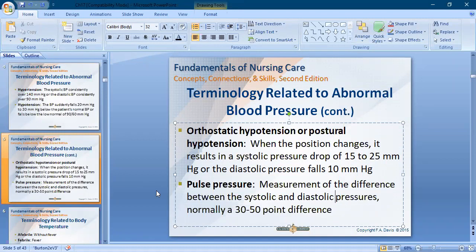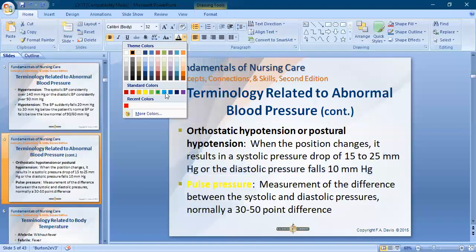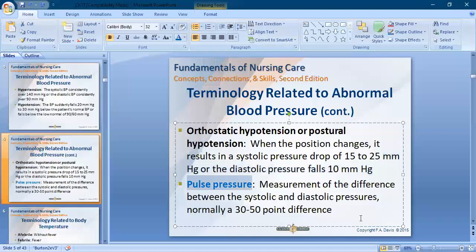What is the pulse pressure? You can see the pulse pressure. Pulse pressure is basically the pressure difference between systole and diastole. So here,